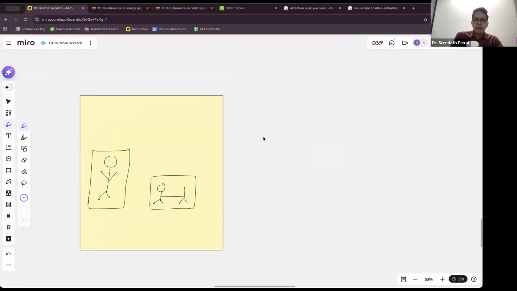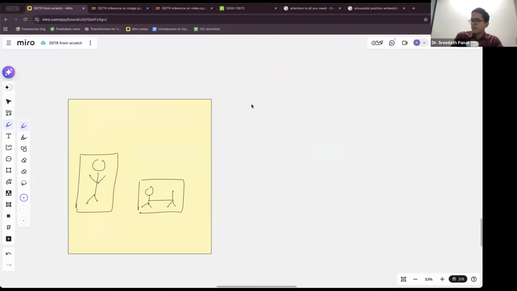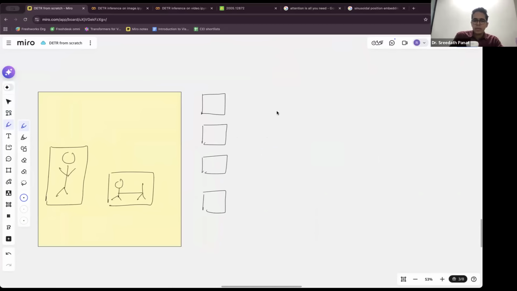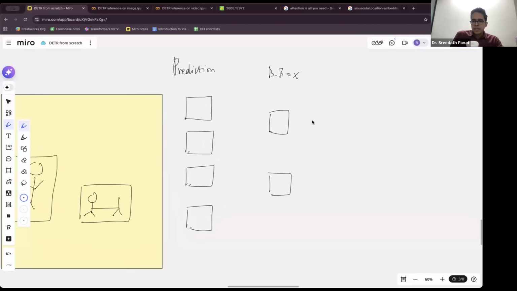But let's say I have 4 object queries that look like this. But I have only 2 ground truth bounding boxes. So prediction, bounding box, B box. Now my question is,